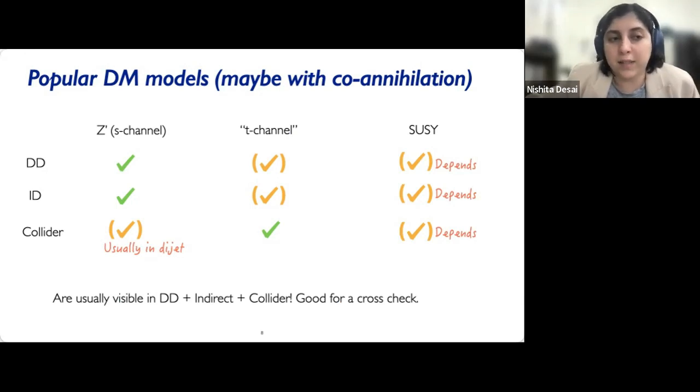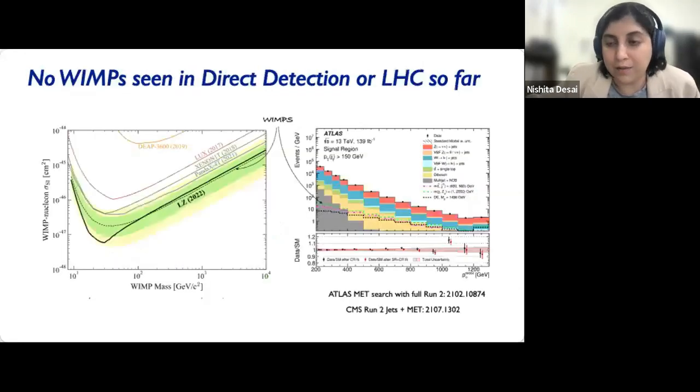So you could have seen it in direct detection, indirect detection, and colliders, because pretty much all of these same Feynman diagrams dictate what your signal strengths in each of these are going to be, right? And so here are some popular models that people have studied for decades, where you could have seen something. However, as we all know, the situation right now is that we have very, very strong limits, both from direct